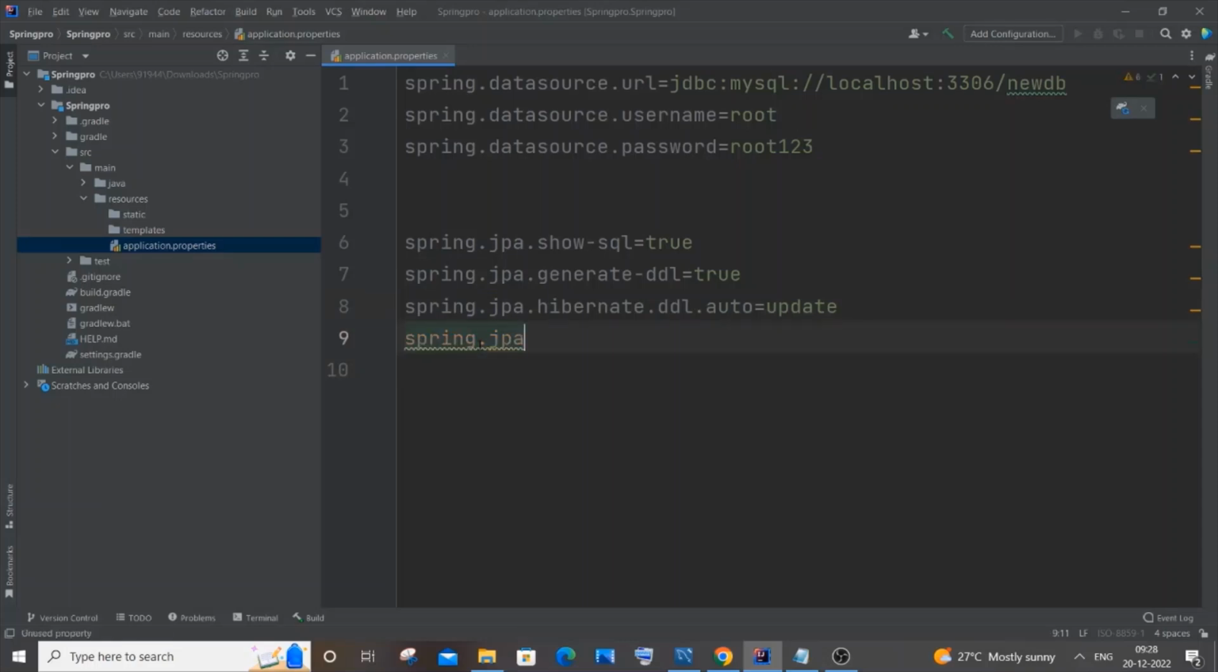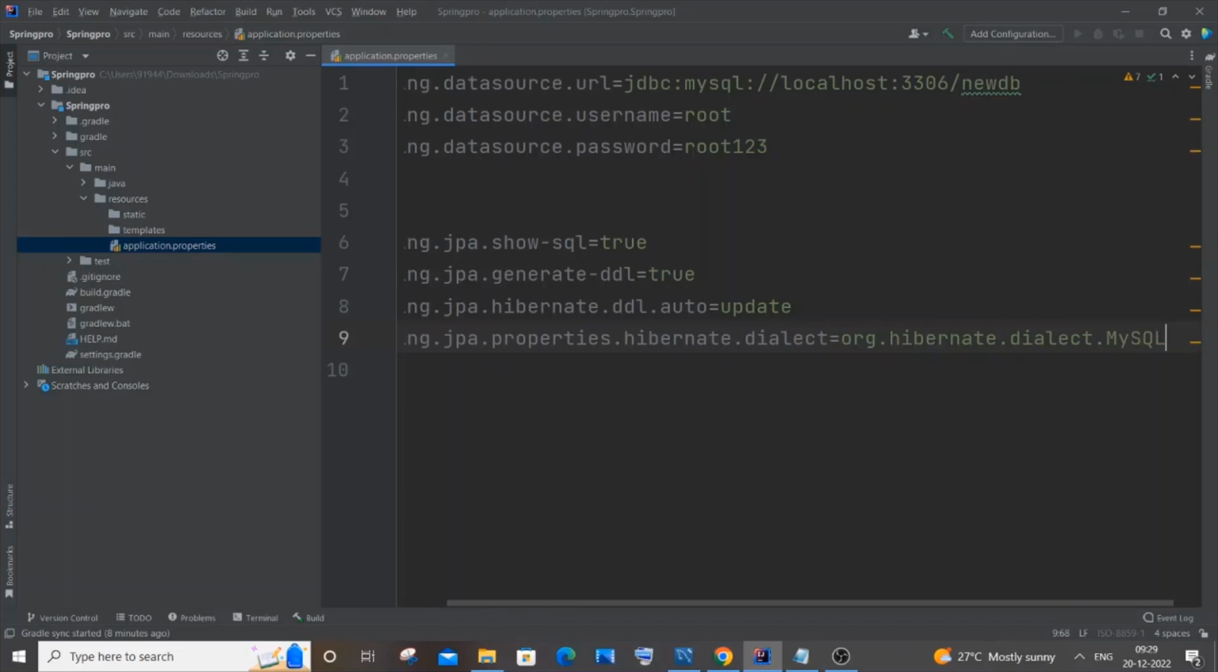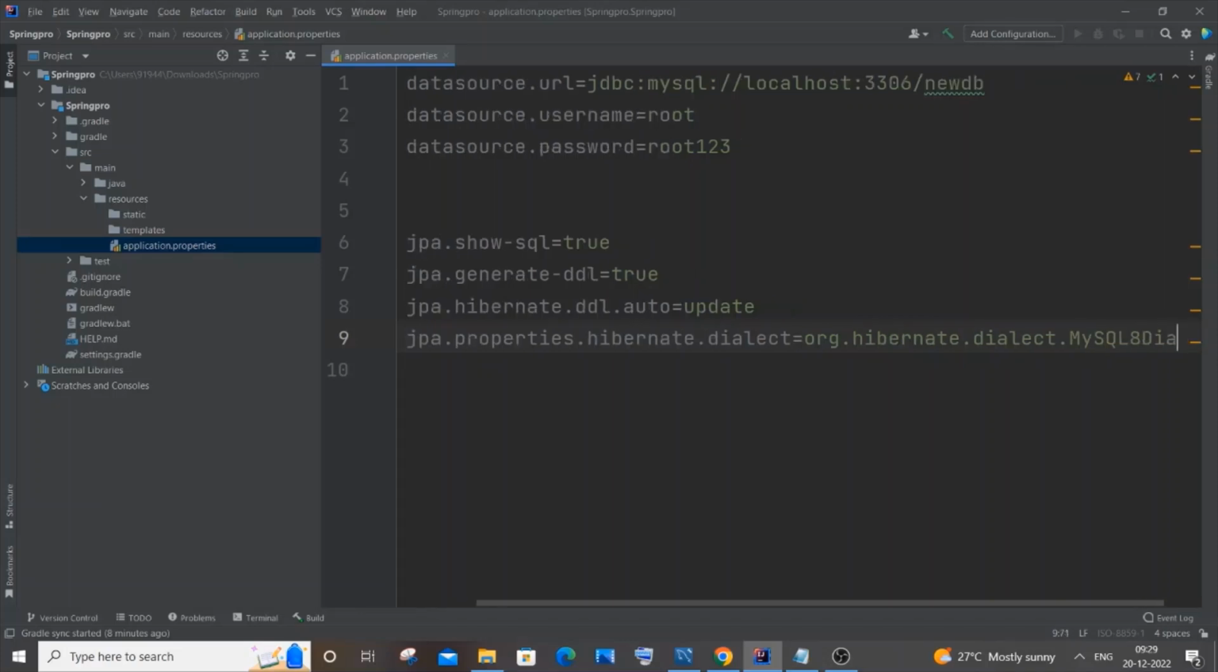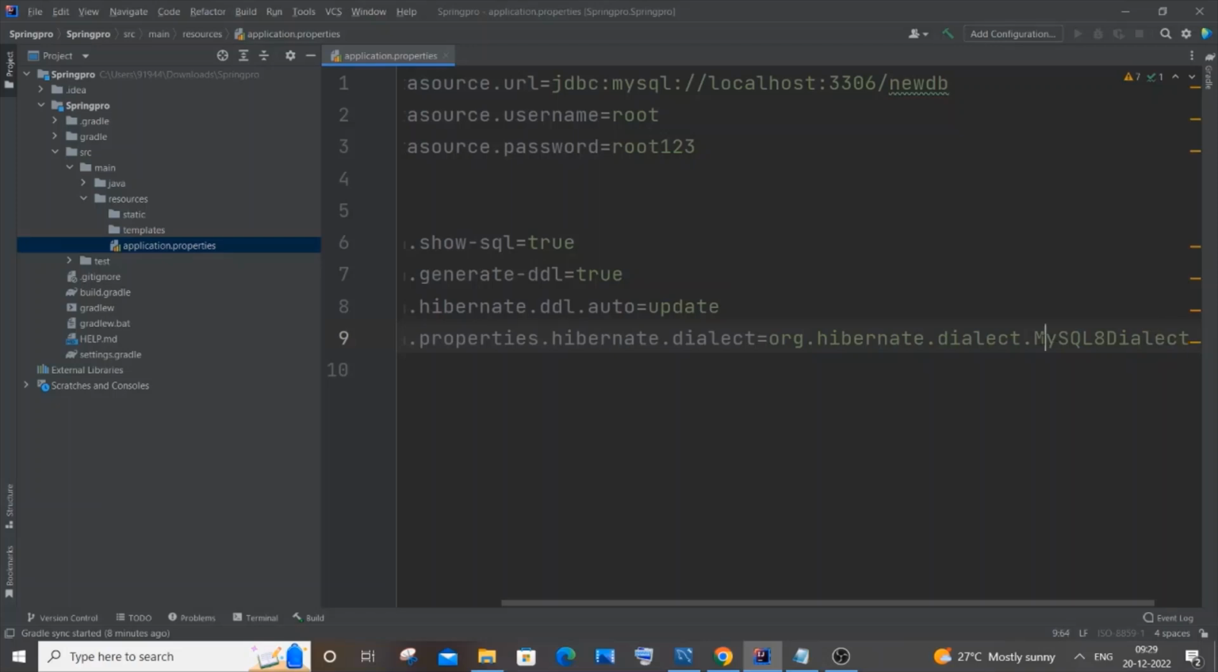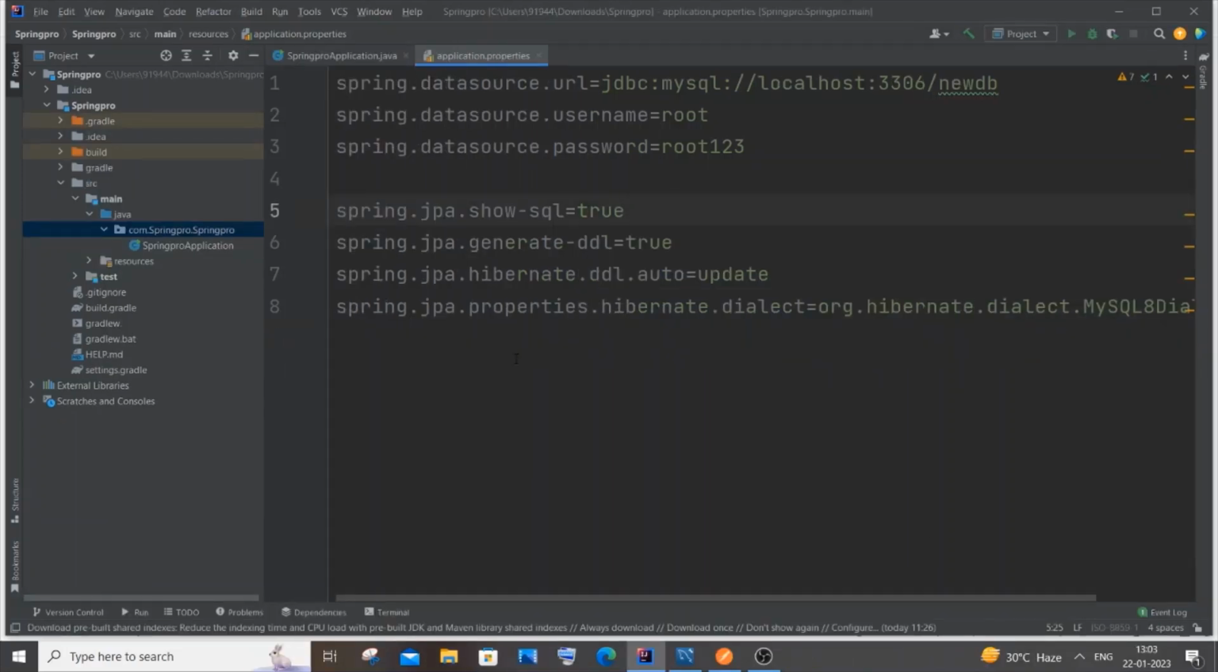And the final thing, let me copy this and paste it. Dot properties dot hibernate dot dialect equal to org dot hibernate dot dialect dot MySQL8Dialect. So here be careful: M is capital, y is small, SQL is caps, 8, D is capital, and Dialect. Once you're done adding all the values in application.properties, you need to come to the folder where